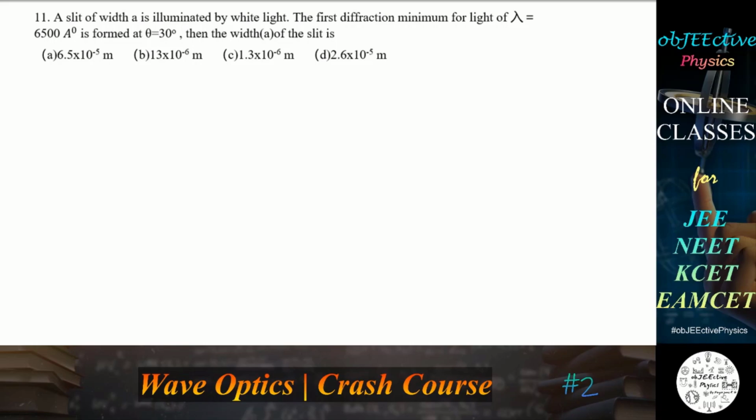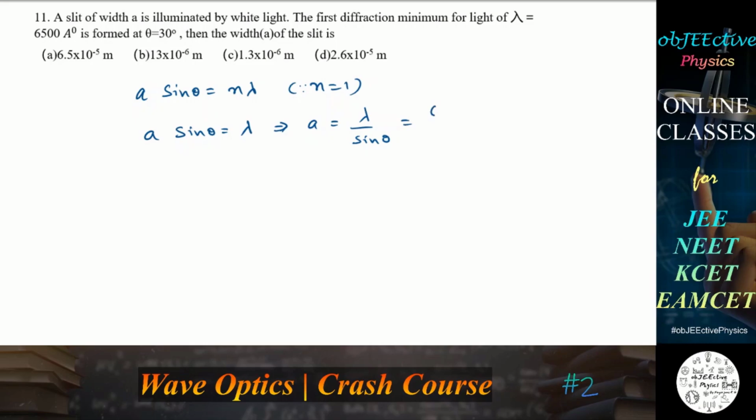So, in case of single slit experiment, path difference A sin theta is equal to n lambda for minima, but for first minima n is equal to 1. Therefore, A sin theta is equal to lambda, or that implies A is equal to lambda divided by sin theta,